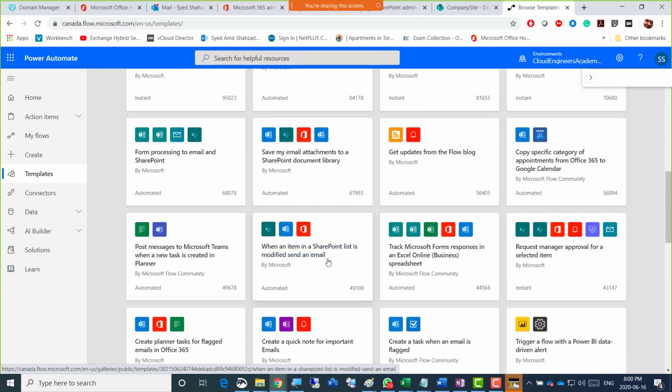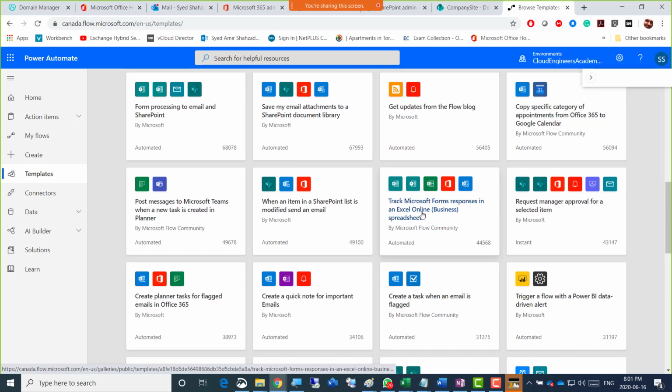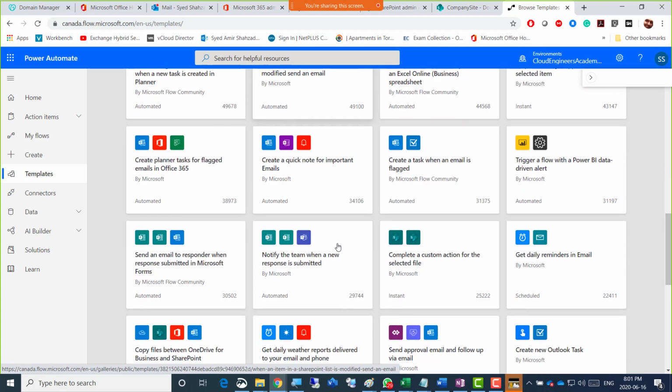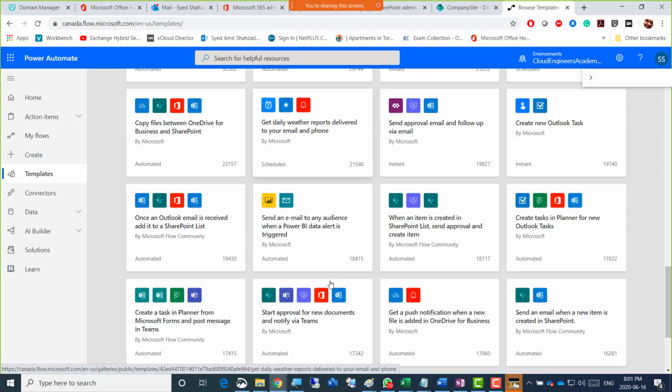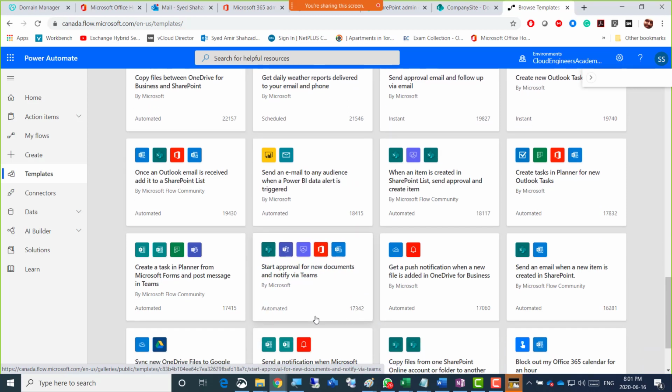Now, I'm just looking for another scenario that is simpler and I don't have to create a lot of stuff here. But if the idea is clear, that's the main point, that you can actually automate a lot of steps and you don't have to do those steps manually 1, 2, 3, 4, 5, 6, 7, 8. This will help you do those steps automatically in a few seconds. So there are so many scenarios. I'm not sure which one else.